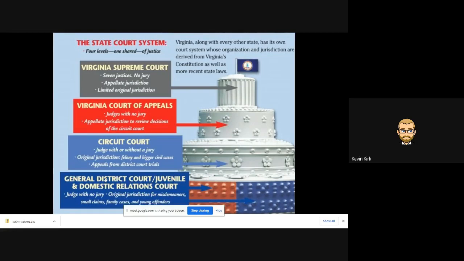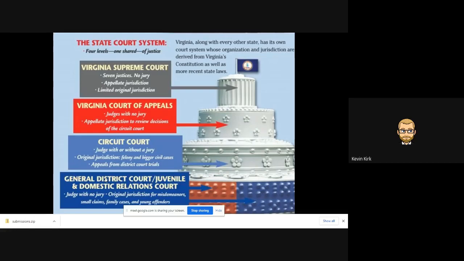Now, let's look at some facts about the different state courts. I'm going to start with Juvenile and Domestic Court. Juvenile and Domestic Court has original jurisdiction for family cases and cases involving youth offenders or anybody under the age of 18. That's called a juvenile. That means anyone who commits a low-level misdemeanor crime, like jaywalking, driving on a suspended license, trespassing, things like that, or if they're under the age of 18 when they committed that misdemeanor, they're going to go to juvenile and